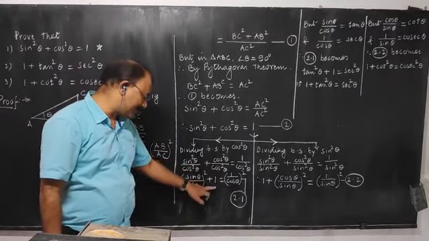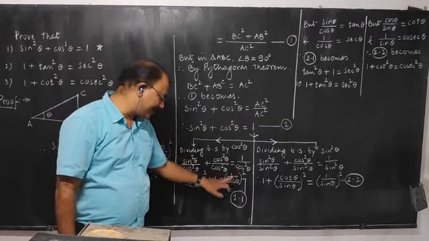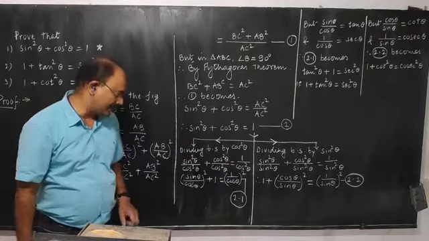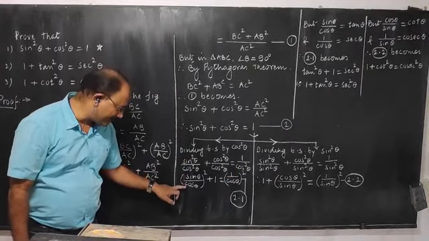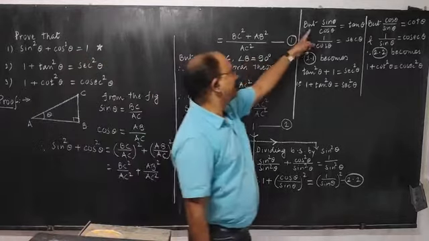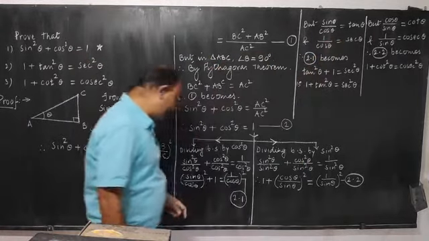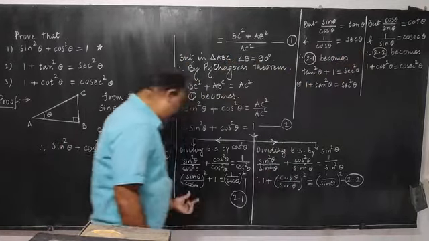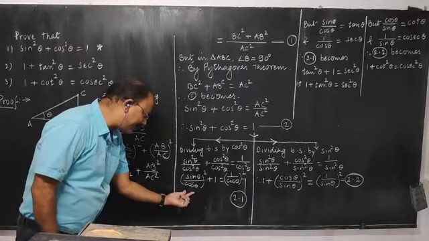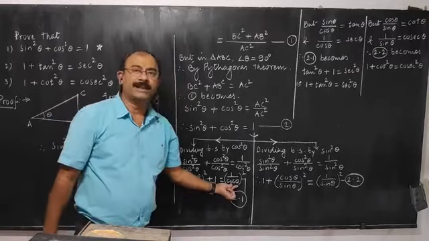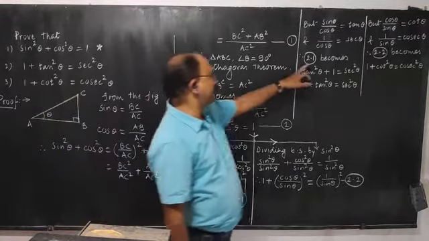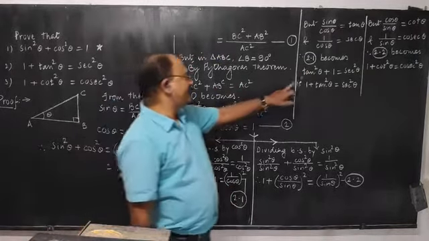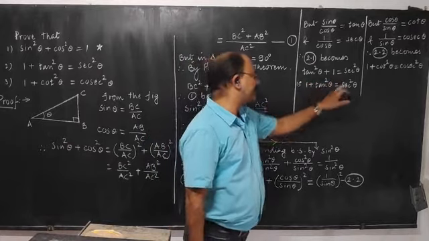Cos square theta upon cos square theta is 1. 1 upon cos square theta can be written as 1 upon cos theta whole square, because 1 square comes out to be 1 only. But we know that sin theta upon cos theta is tan theta, and 1 upon cos theta is sec theta. So in place of this, I am going to write tan theta, and in place of this bracket, we can write sec theta. And therefore, equation 2.1, I have given 2.1 to this equation, becomes tan square theta plus 1 is equal to sec square theta.